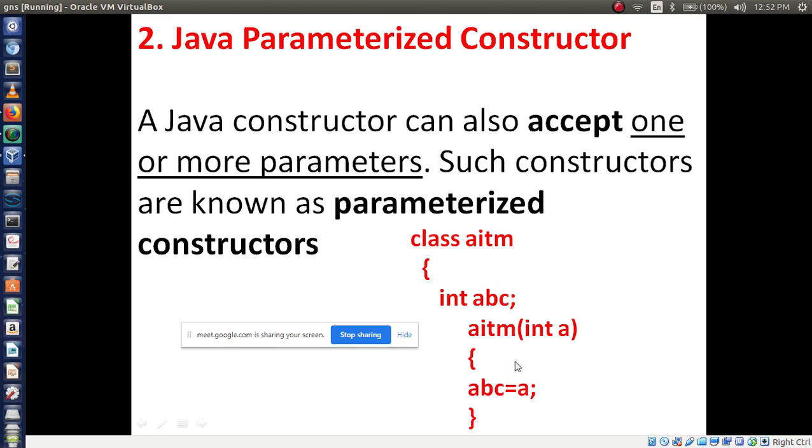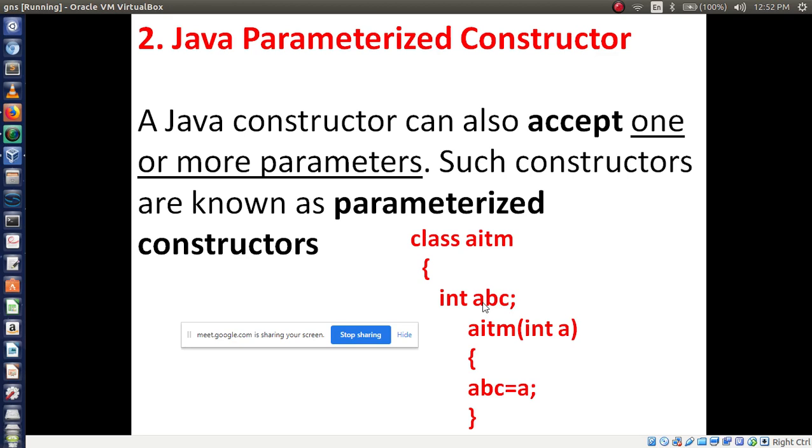So here a little bit of logic is there, so please try to understand. See, I have defined the class name AITM. Now I have defined one variable, that variable name is int abc. After declaring this variable, which kind of variable is it?